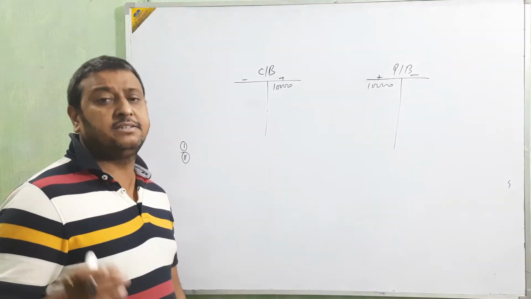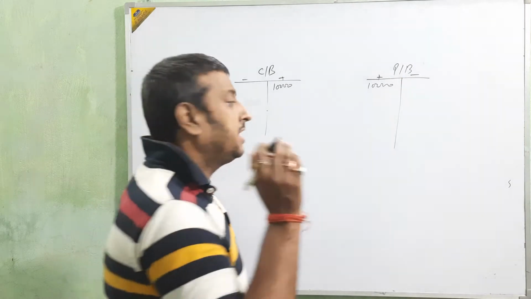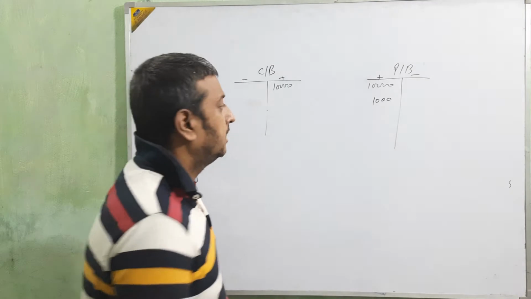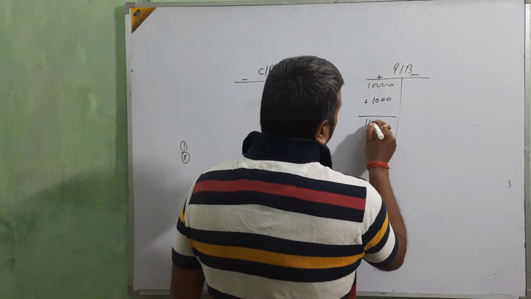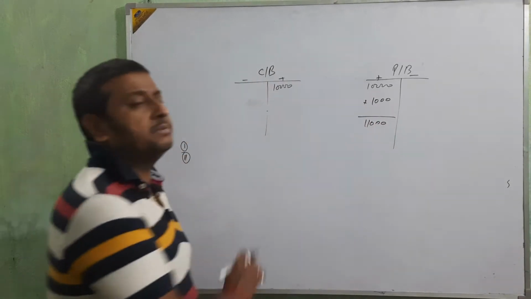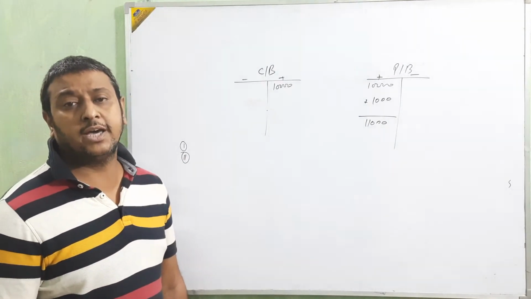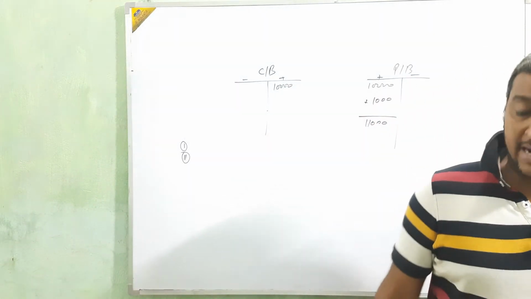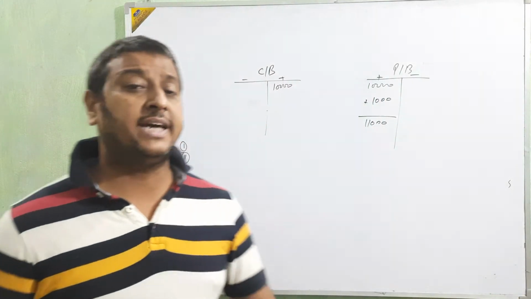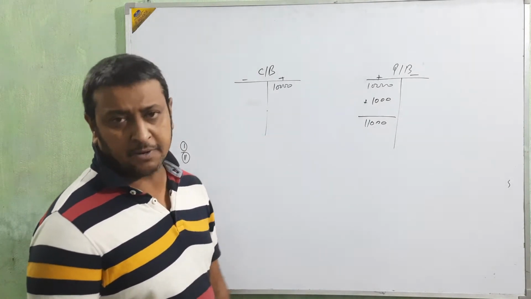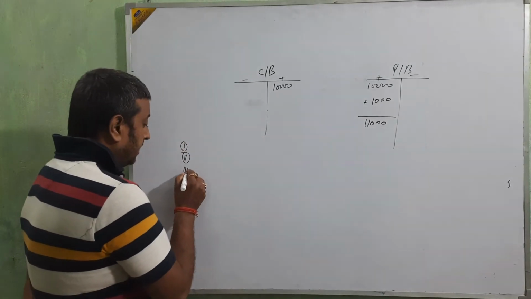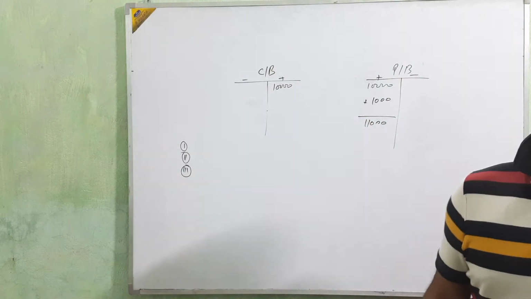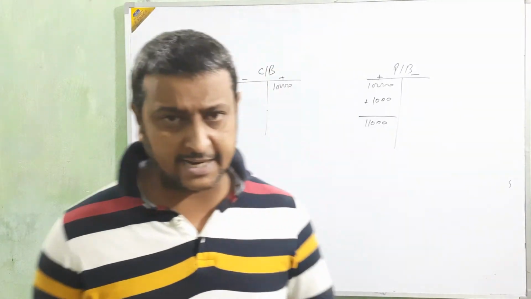Anything deposited directly in the bank. If any customer or any person deposits 1,000 directly in the bank, then add it here, beta. So that balance is 11,000, but that information is not coming to the cash book. Then a difference will come. If anything is deposited directly in the passbook or in the bank, that will show the difference between the cash book and passbook. So third, beta, directly deposited in bank. Clear?